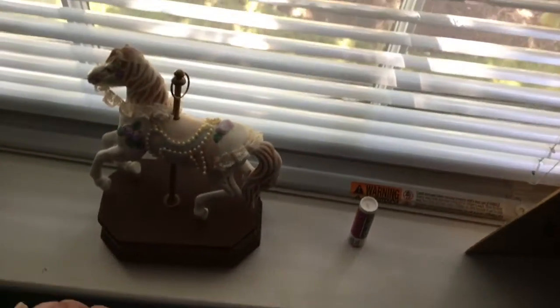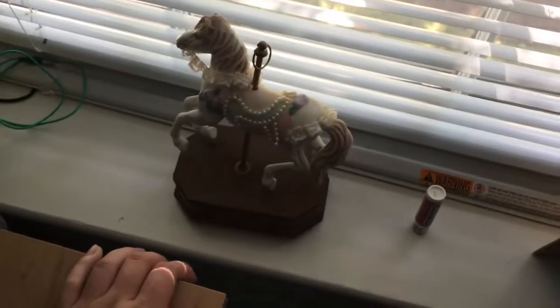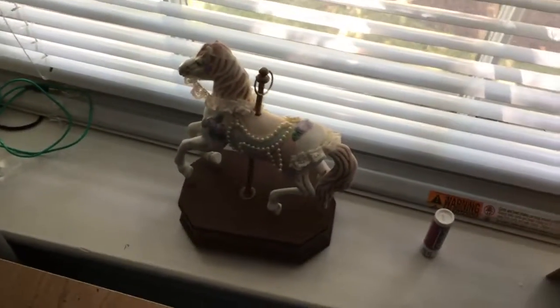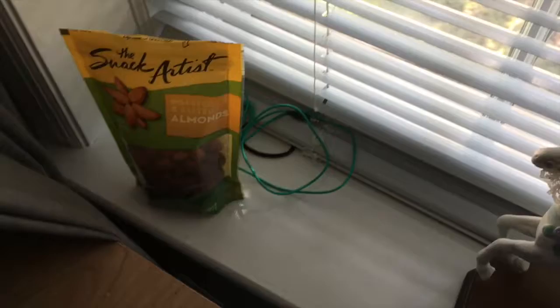Apparently that's enough of that. Okay, there it goes. It's so old that it's very broken. The leg broke off, doesn't stand upright. It used to go up and down. Apparently, I am actually too young to ever have seen it work properly, but this is a bag of almonds,